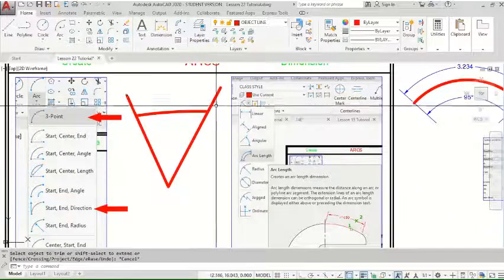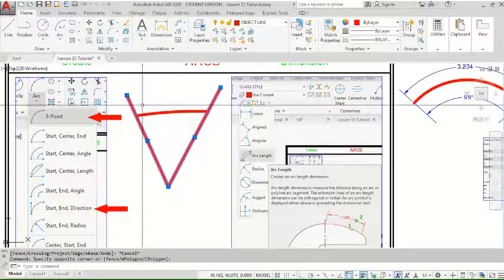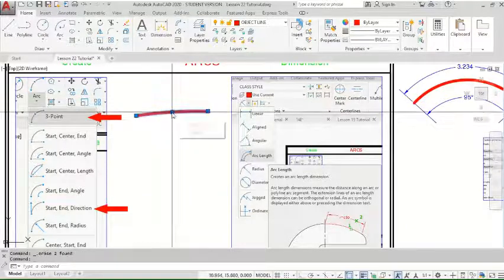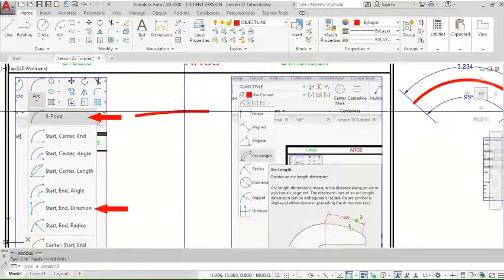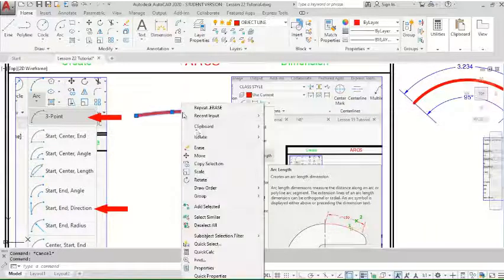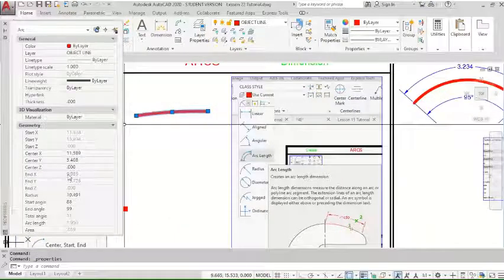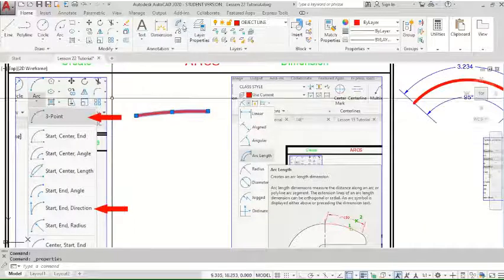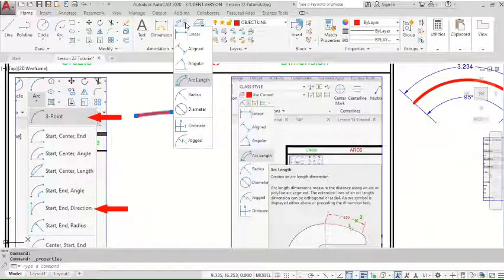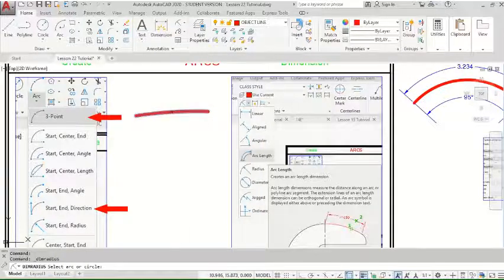Let's say you had this arc inside your border. So it has a radius of 10.491. So if you tried to dimension that radius,